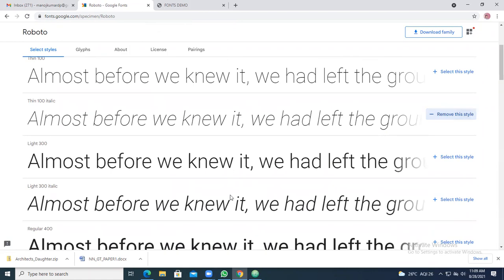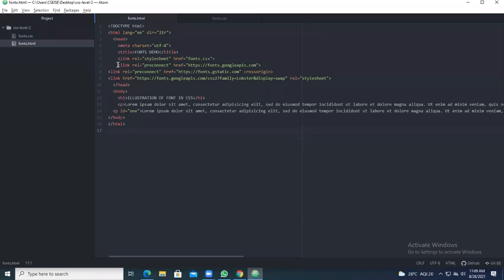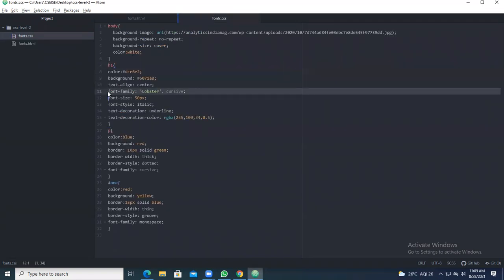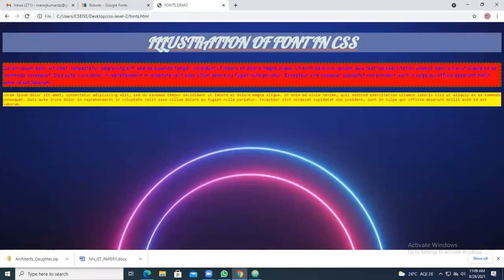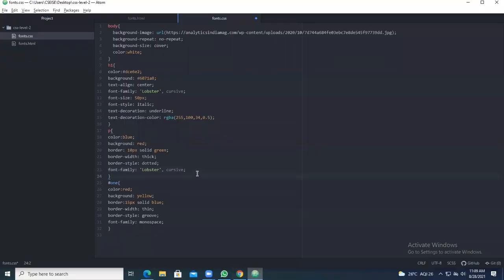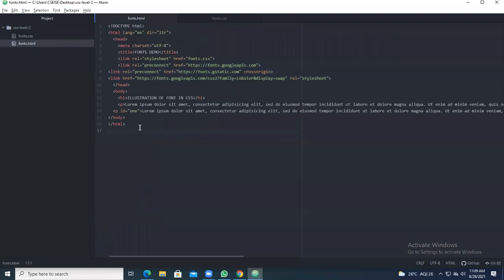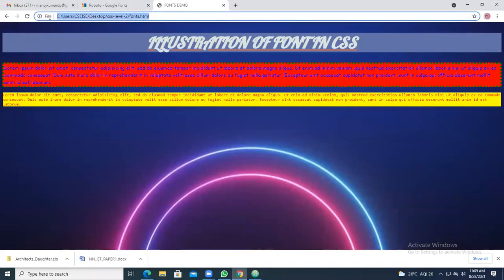So just check. When you get into the styles, first you have to take the link and put it into the head of the HTML. Next, coming to fonts.css, you have to take this particular font family there. I'll be taking this copy, this entire content and font family, I'll be applying for paragraphs also. So let's see how you are getting it. So you are getting the things as this one. Go save this particular font. Go for this one, edit, copy path and paste it here.